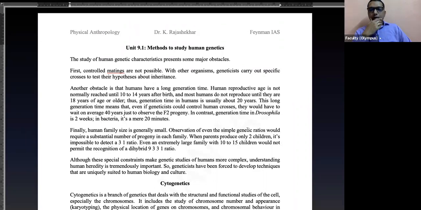So, methods to study in human genetics. As I was telling you, the focus is understanding the approaches that we take to deal with many abnormal conditions or various inheritance patterns. Because principles we already learned, right? In Mendelian genetics we learned of the unit factors, and in evolution we learned how they evolve. But here our focus is analyzing them. Compared with what Mendel did with pea plants, or what Morgan did on Drosophila, humans pose certain challenges or obstacles to study.